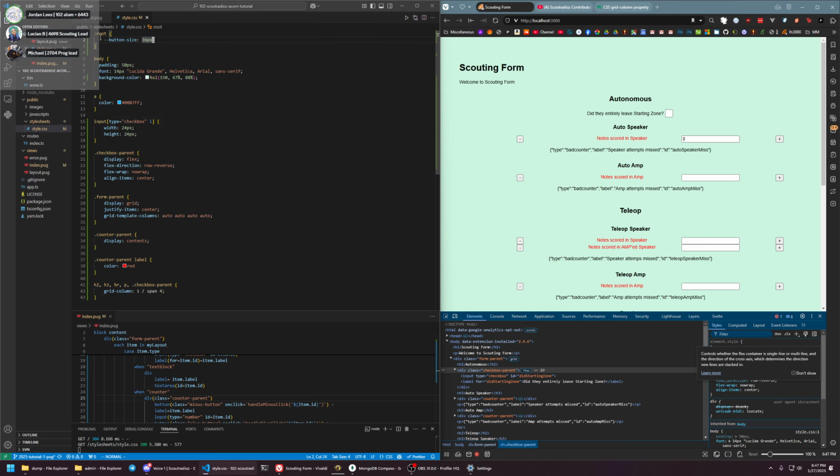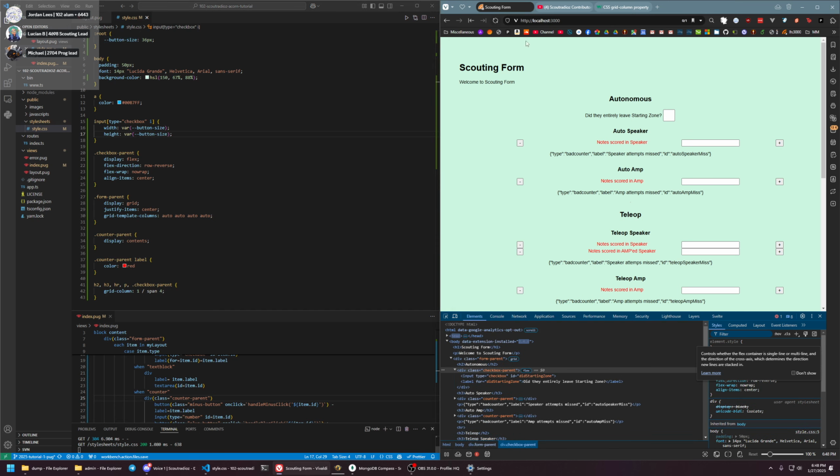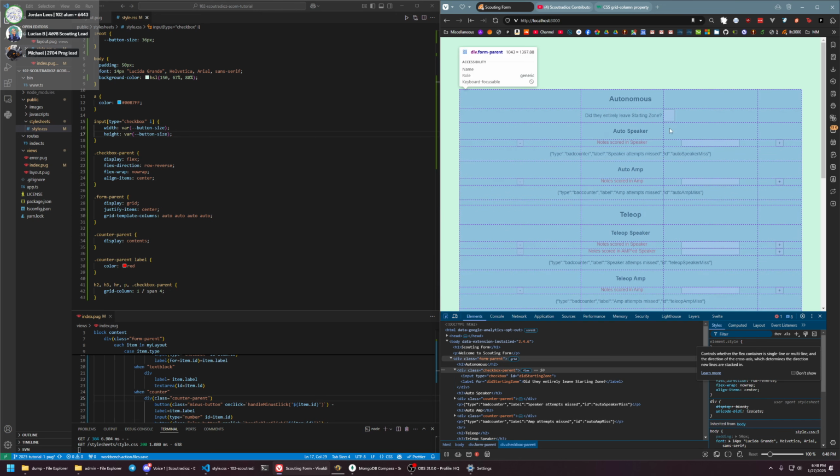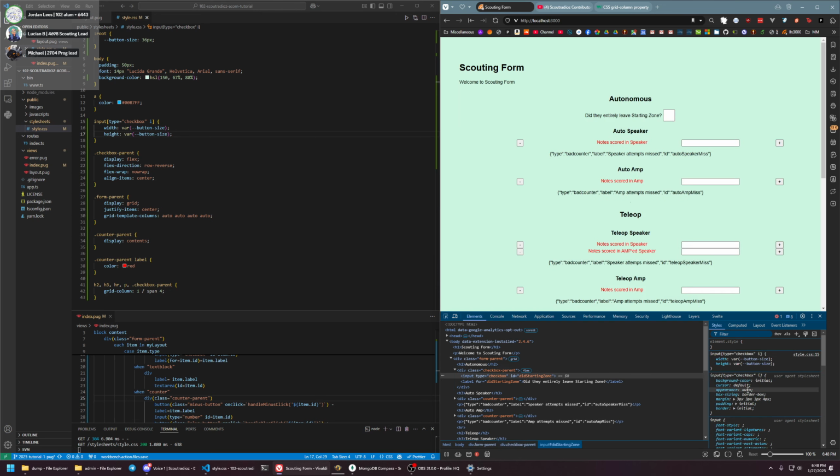Then let's do the same with the checkbox. So instead of hard coding the width and height, we just do width, and the way to reference a variable is you use the keyword var, parentheses, and then type the variable name. Let's do that here. Here we go. Refresh. Now it's changed. And if we hover over, take a look. Here it just has the variable, but if you click on it, it actually shows you the